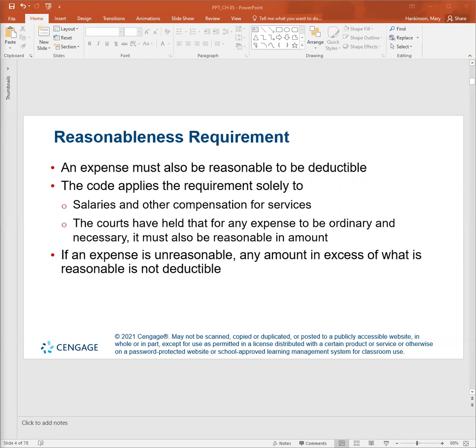So the question of reasonableness, that's going to be a tongue twister, usually arises with respect to closely held corporations where there is little or no separation of ownership and management. For example, excessive salaries, rent, and other expenses paid by a closely held corporation to its shareholders may be deemed unreasonable. What constitutes reasonableness is a question of fact.